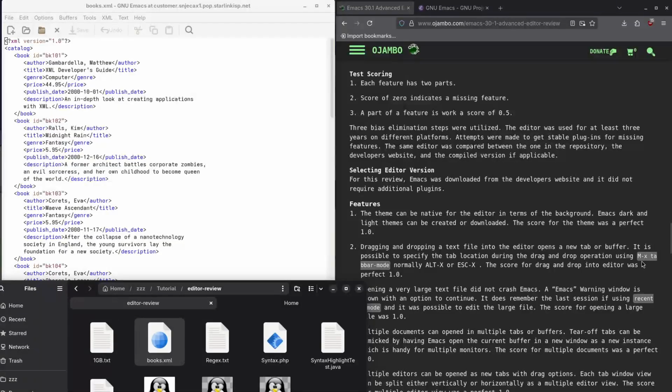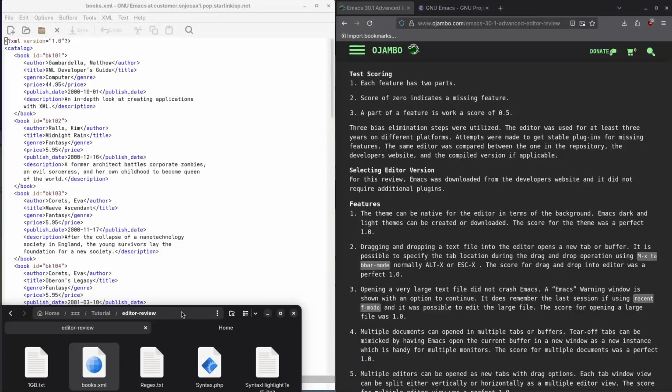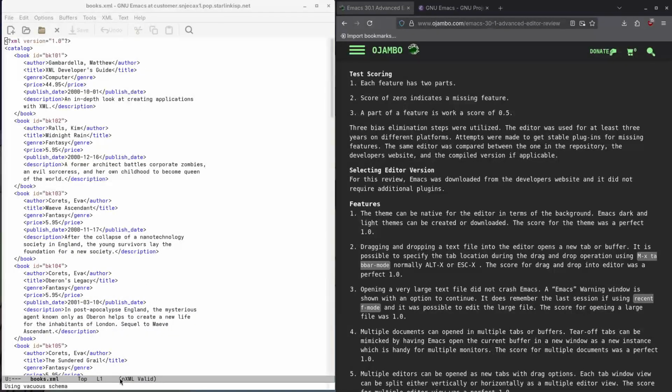M-x tab-bar-mode. What in the world does that mean? Remember, this is from the 80s and whatever, so I'll explain what that means. What that means is it's normally Alt X or Escape X. So what you do is, I'll show you here,